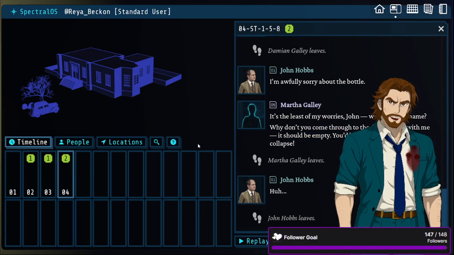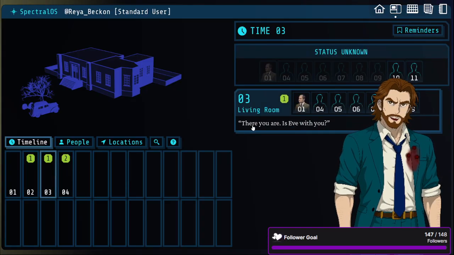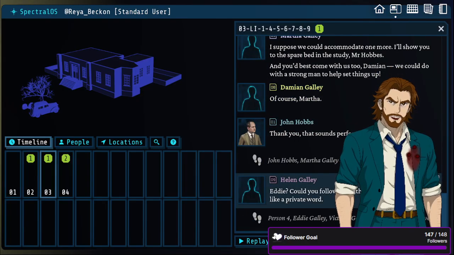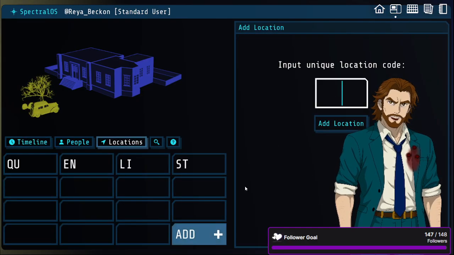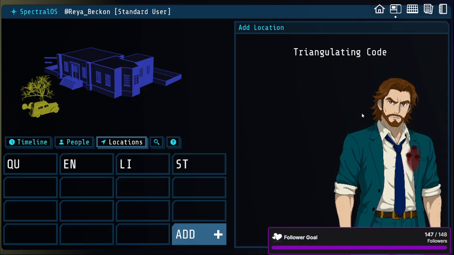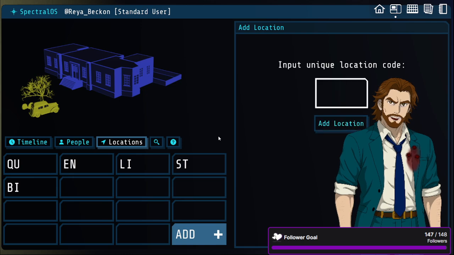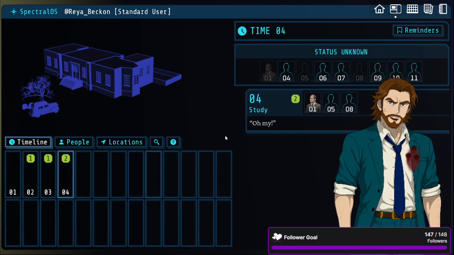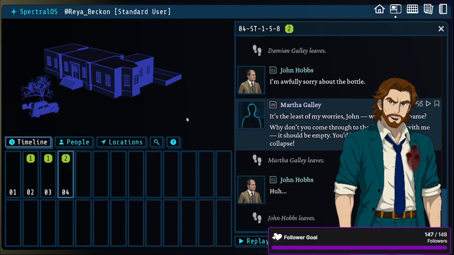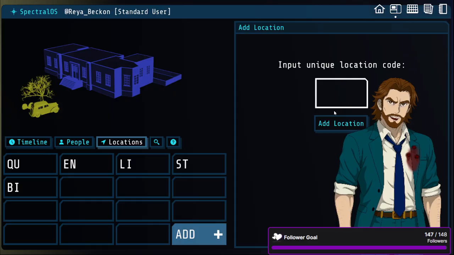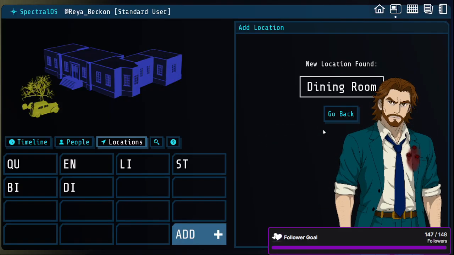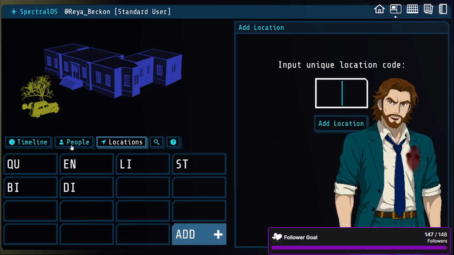Okay, so there is a couple things that we can already take away, right? The first thing is there is a couple more rooms. So like locations, right? If we come here and we go billiard, we should have a new room. There you go. And then if we go to the timeline again over here, we should have another room by the dining room, right? So when we put in dining, okay. So we got a billiards room and a dining room.